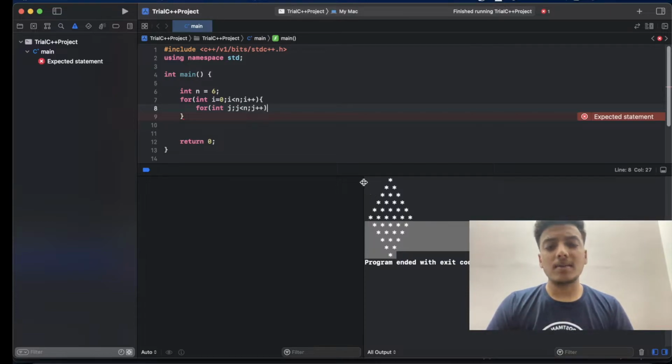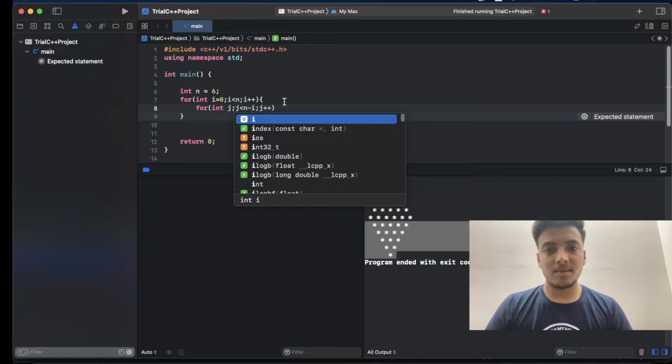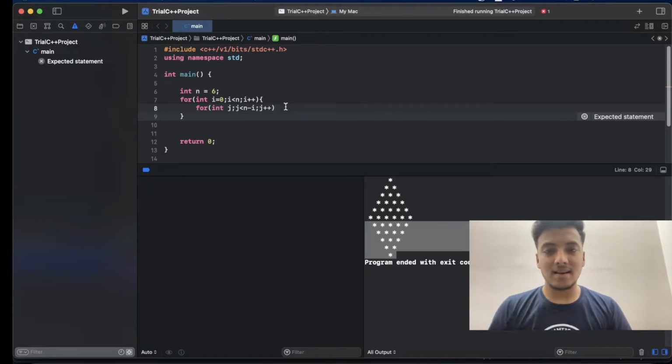You can see here it is printing for the maximum number, and while incrementing it is decreasing, right? So the logic should be j less than n minus i, because it is decreasing after every time,